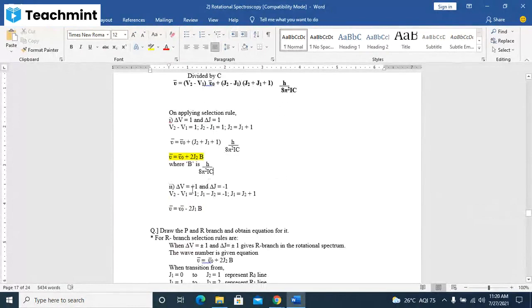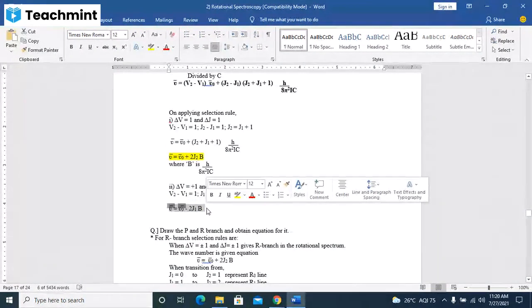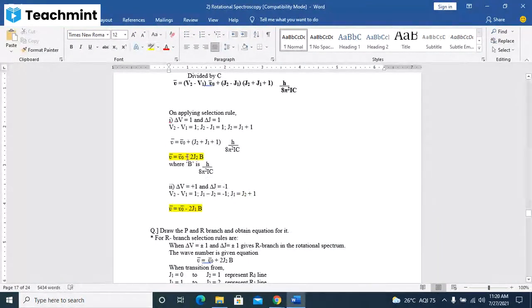Delta nu is equal to plus 1 and delta J is equal to minus 1. At that time this equation will be a different one. If delta J is plus, you will get plus signs. If delta J is minus, then what will come is minus 2J1. Here it is plus 2J2, and here it will be minus 2J1. That is the major difference between these particular